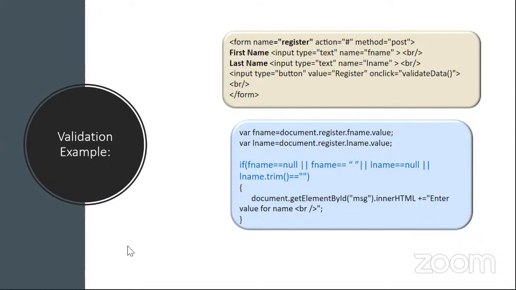So suppose it meets the criteria, then it gets into the conditional statement, and here we are getting a message. One second. Right, so we are getting the ID by calling message.innerHTML. It's equal to, so yes, enter value for name. So this is just a simple form validation, and let me show you that